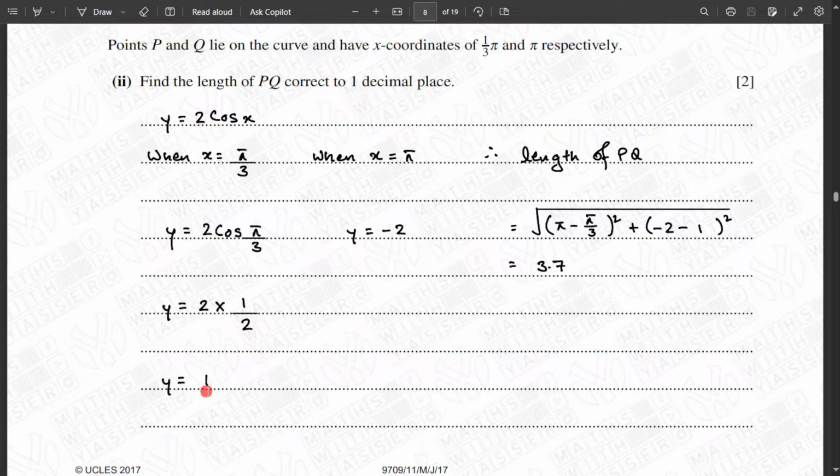So 2 times half will give you 1. And when x equals pi, y is equal to minus 2, because cos pi should give you minus 1. So 2 times minus 1 is minus 2. So the length of PQ,